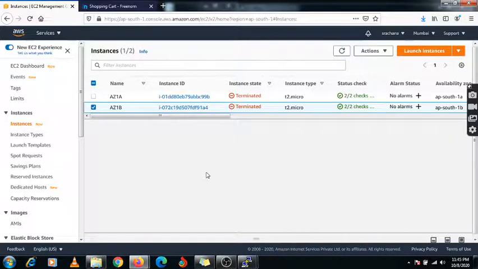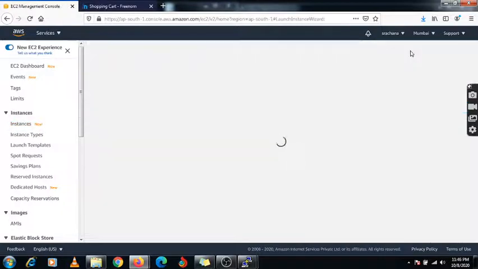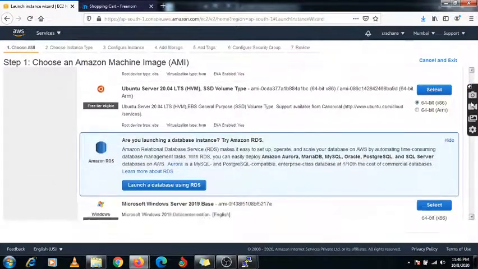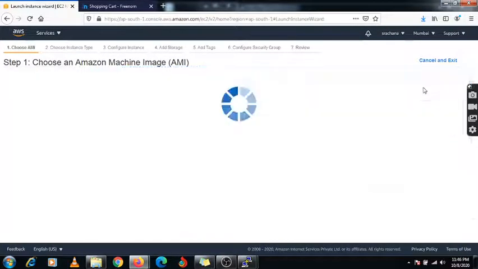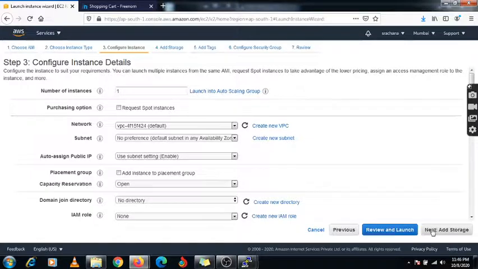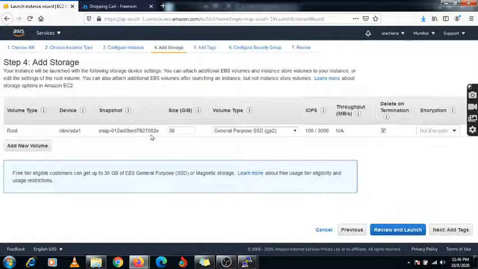So I can explain this EBS volume type under the EC2 instance. When we are creating any EC2 instance, I am going to launch one EC2 instance for this demo purpose, and I will show where these options are available. I am selecting one Windows machine. This is my Windows machine, and just go to configure instance, go to storage. So here is the option.